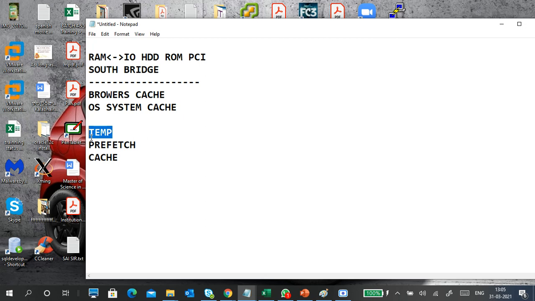Okay. Next one is, as I already told, temporary files. When you run an application, or when you are installing an application, or when you are working with any documents, pictures, or anything, it will load into your temporary. Okay. The advantage of this temporary store is that you can still save it. Or if you modify it, it won't affect your RAM much. So temporary is in your hard disk only. The temporary thing is in a folder on your hard disk only.